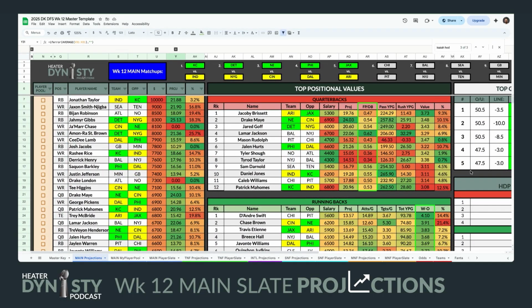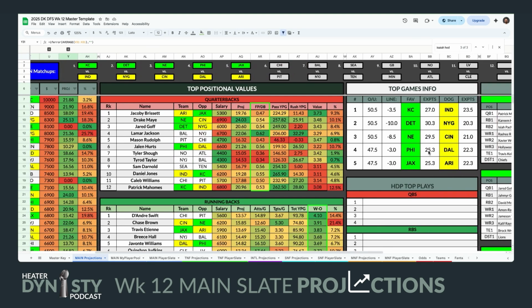But let's jump right in today. There's 5 top games that we're interested in. The first one being Kansas City versus the Colts. This one is a 50.5 point over-under with a minus 3.5 point line towards KC because they are at home, though I think this is a game where Indy shows whether or not they are able to play with the big boys, and I think I'm backing the Colts on this one. I'm excited for this matchup. I think there's a lot of key players that we'll be able to highlight in this one, but yeah, we'll come back to that.